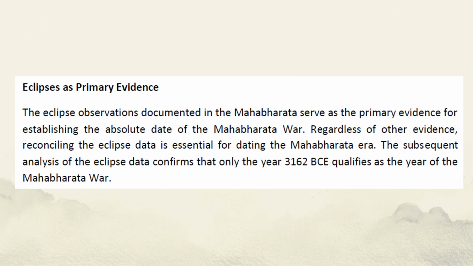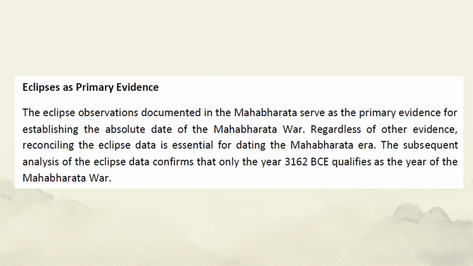In preparing for this episode related to the Mars retrograde near Chitra and Swati, I again had to go back to this paper written by Vedvir Aryaji that NB sent to me. And in preparation for this, I was reading certain portions, and I ran into this worm here, where Vedvirji says eclipses as primary evidence. Let's read that. This is a bit of a digression, but not really, because this is very relevant as we analyze this evidence. Okay. Vedvirji writes, the eclipse observations documented in the Mahabharata